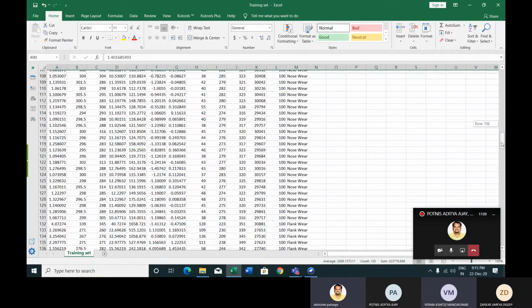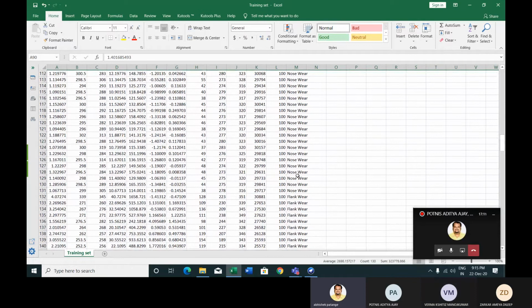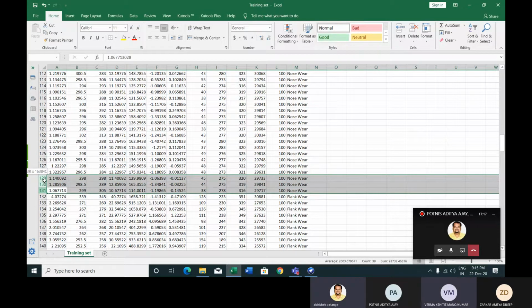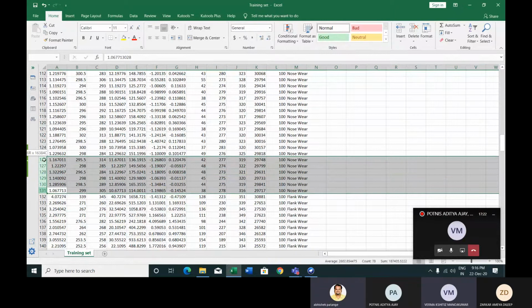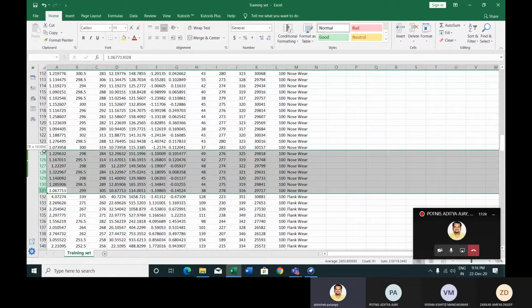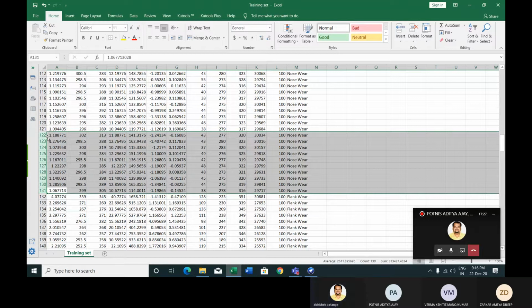You're saying we have to keep this data as it is. Yes. It must give 100% accuracy because the same values have been taken.